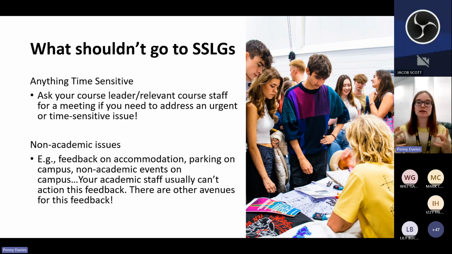Your course staff are paid to develop your course content and the structure of your course, so they aren't really able to action your feedback to do with accommodation because they don't work in that department. They don't know how to make those changes. They normally end up having to forward it on. So it may be that there's a different avenue that feedback is more relevant to, and I'll talk about that in a second.